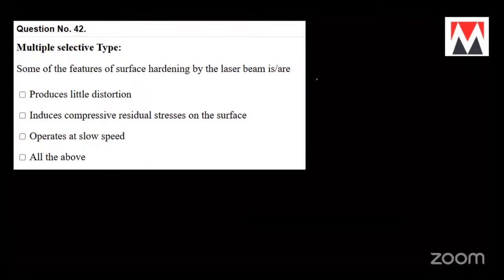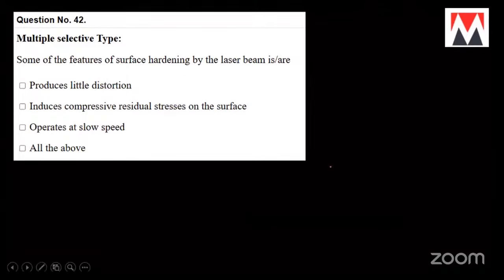Someone has asked one question I didn't see. You can find martensite in other phases also. See, martensite just started with the name in steels actually, but martensite is a name given to the phase, a hard phase which is formed by diffusionless transformation. This is a name given to the phase, not actually to the steel itself.